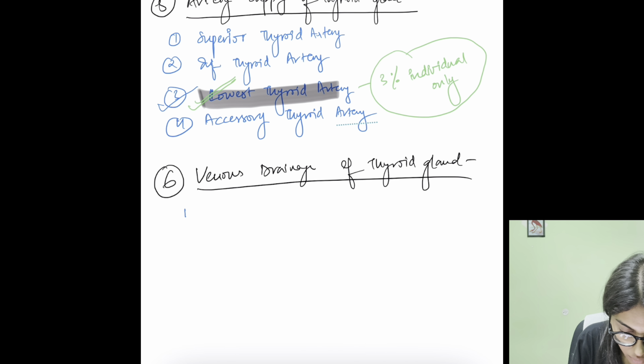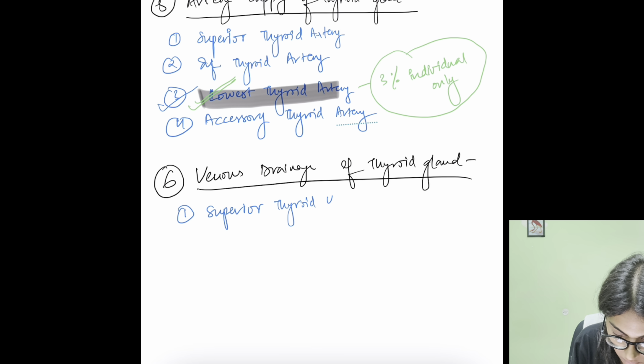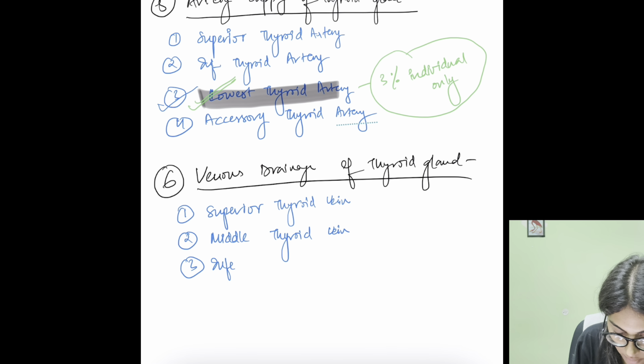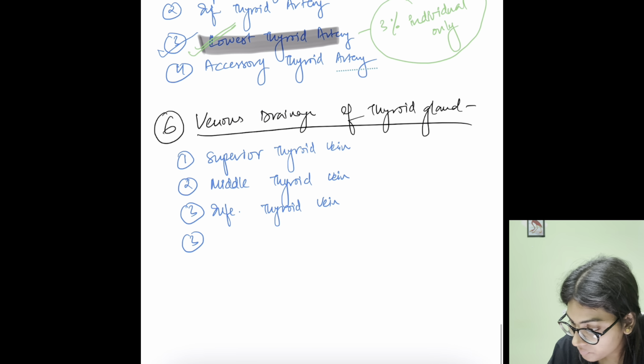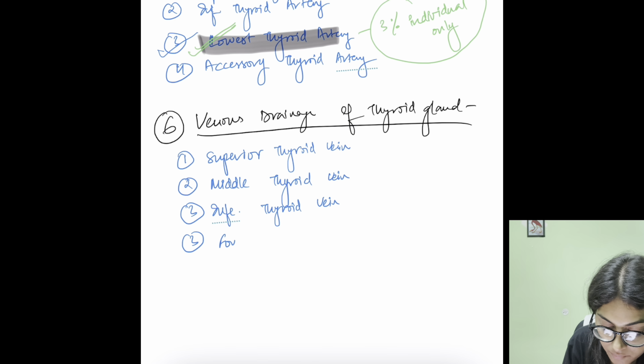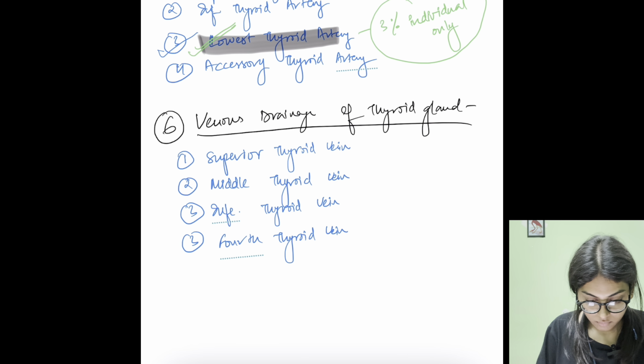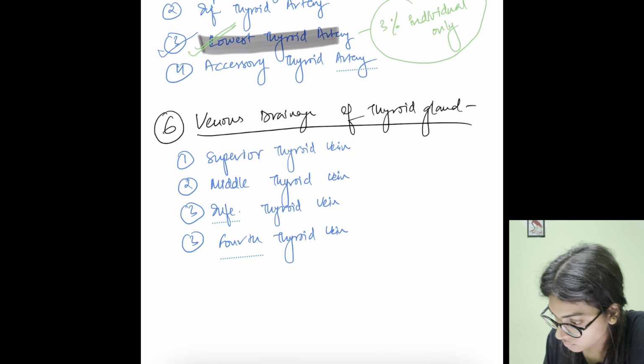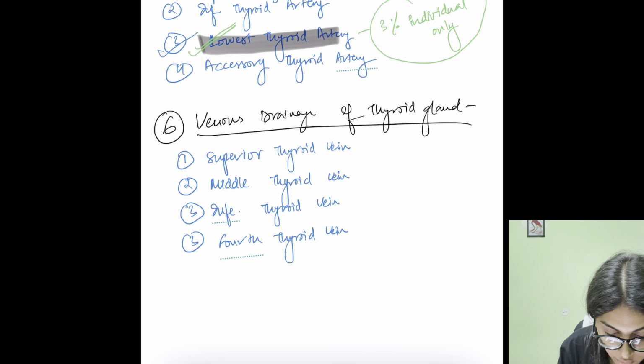Same, we have four veins: superior thyroid vein, middle thyroid vein, inferior thyroid vein, and third is our fourth thyroid vein. First, second, and the fourth one